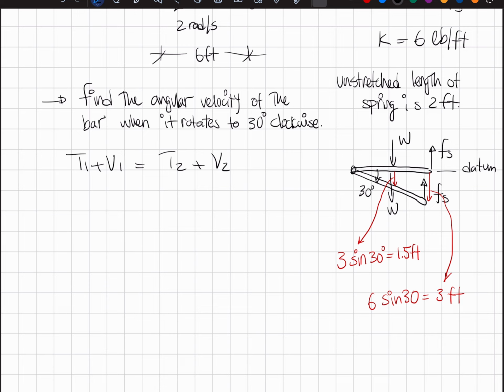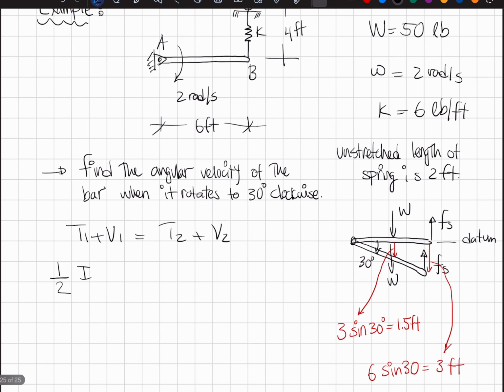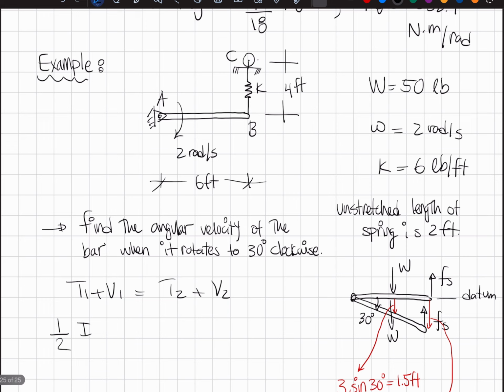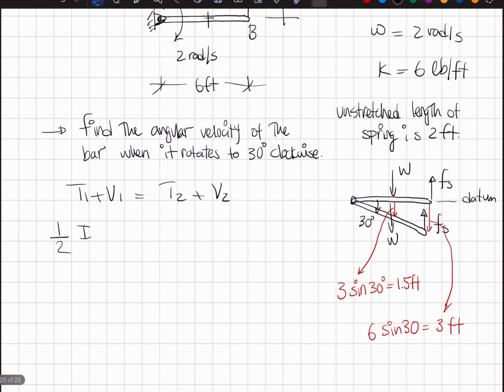In this case, T1 can be computed as 1/2 mass moment of inertia around the instantaneous center. If I look at my schematic here, where is my instantaneous center? It is this position here. So I can either look at my kinetic energy at the centroid, in which case I have to look at tangential velocity and angular velocity, or I can just look at the instantaneous center and my kinetic energy formulation just becomes angular velocity. So this is 1/2